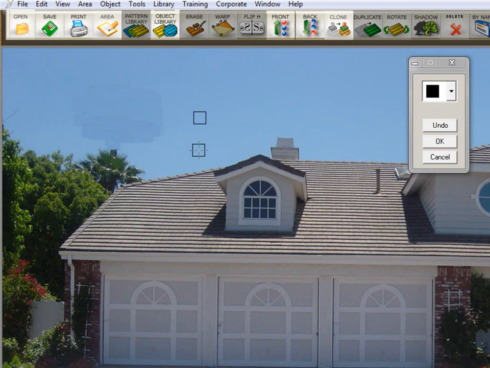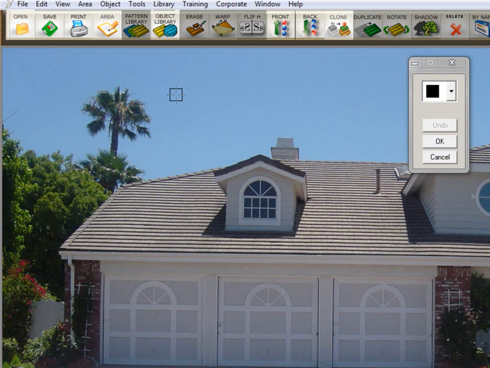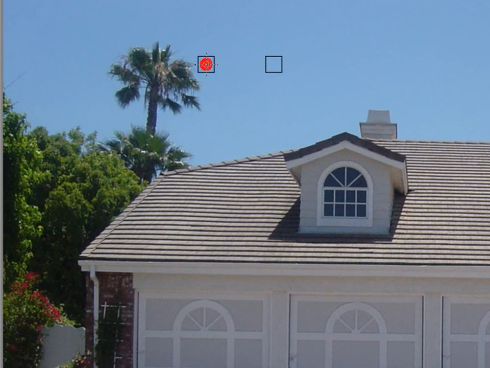Usually that's because the sky is never the same color at the top as it is in the bottom. You can see it's a lighter blue down here and a darker blue at the top. So if you start at the top and you draw down, you're going to be drawing with a darker blue of the sky into a lighter area. It just doesn't work too well. So what you would do is you would go in here, and we're going to right click here, and then we're going to bring the mouse over here to the left, and keeping a gap between the brushes, because what you don't want to do is